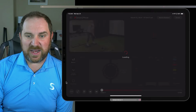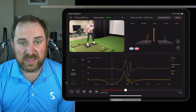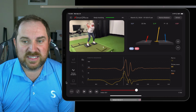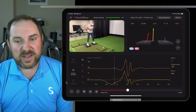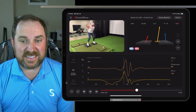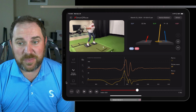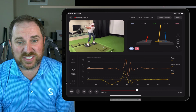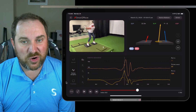So let's pull it out. Let's take a look at a swing after we did some drills with Nanna to work on this, and the results were really cool. Now, these drills did reduce the amount of lateral force she was creating a little bit, but you can see now how these curves are much more in the right place, if you will. So post-transition torque went up a good bit. This went up over 10%,